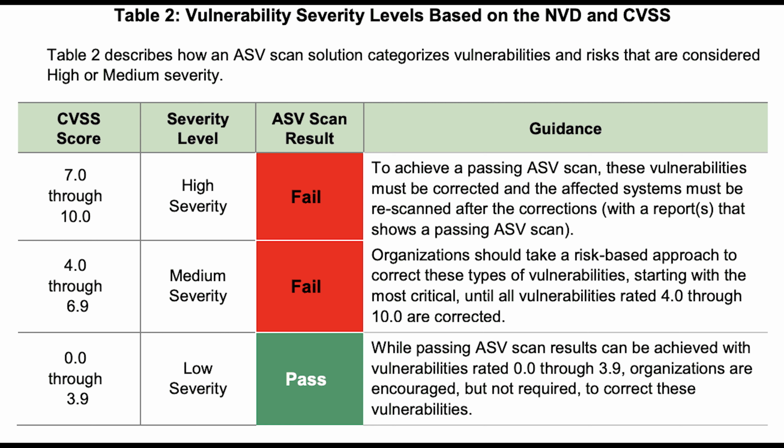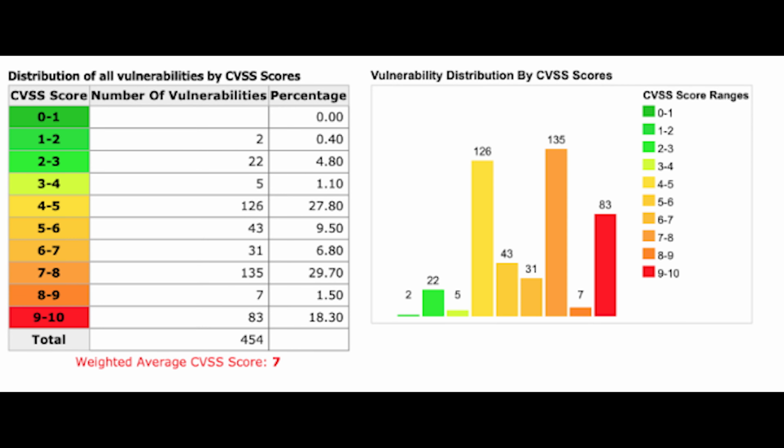Base includes metrics like CIA impacts, attack vector and complexity, privileges required, while temporal metric group has exploit code maturity and remediation level that are time-based, and environmental has CIA requirements and base metrics, which are based on user's unique environment. For the CySA exam, you only need to know the base metric group, which is broken down into exploitability